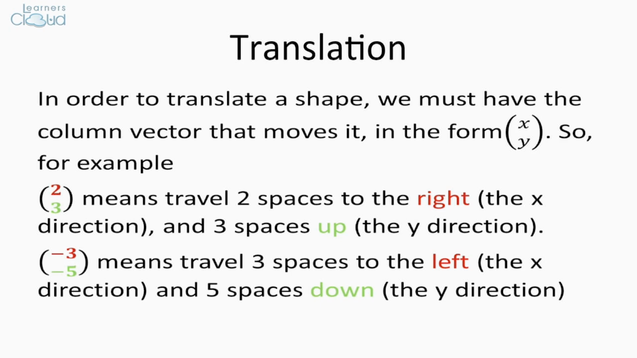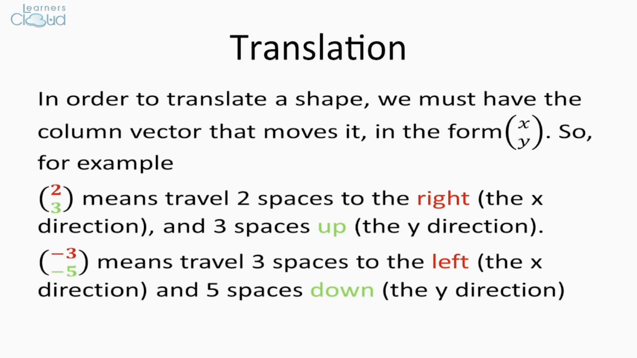So for example, 2, 3 means I would travel 2 spaces to the right, the x direction, and then 3 spaces up in the y direction. If I had -3, -5, it means I would travel 3 spaces to the left, so still the x direction, but backwards this time. And the -5 means that we move 5 spaces down, so still in the y direction,